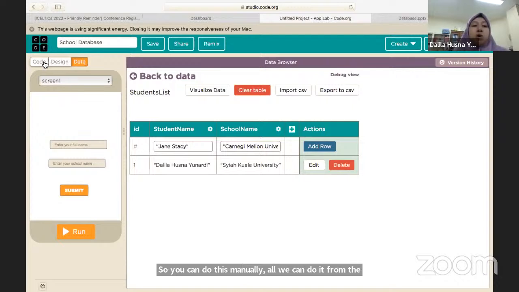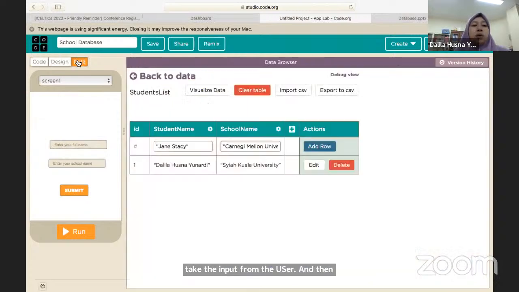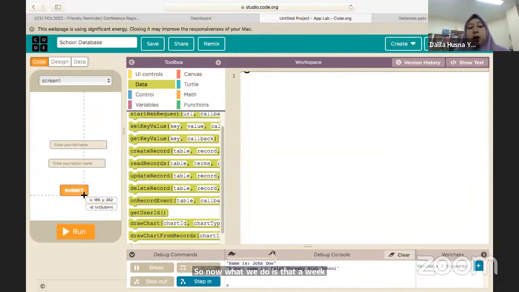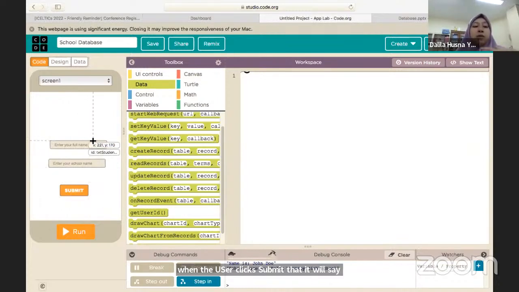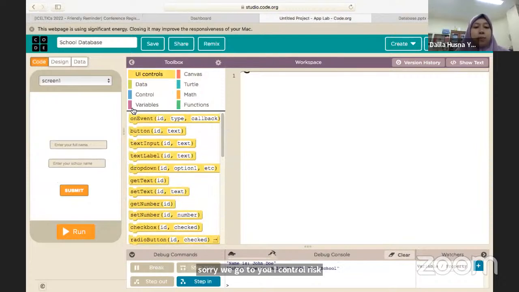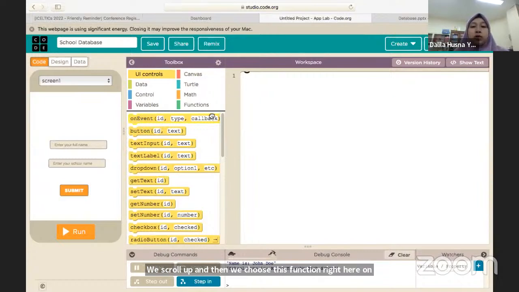So we go back to code, and now what we are going to do is take the input from the user, and then we enter it into this table. Okay, that's the goal of this program. So now what we do is create an on-click event, so when the user clicks submit, it will send the data from the text input into the table. So we go to data, we go to UI control, we scroll up, and then we choose this function right here, on event. We drag it to the workspace,